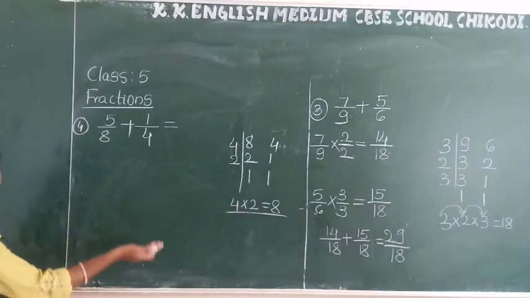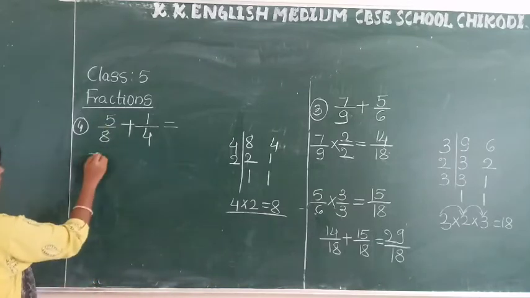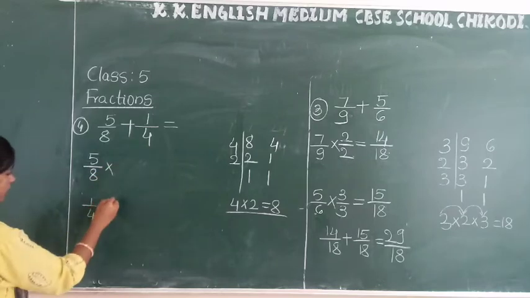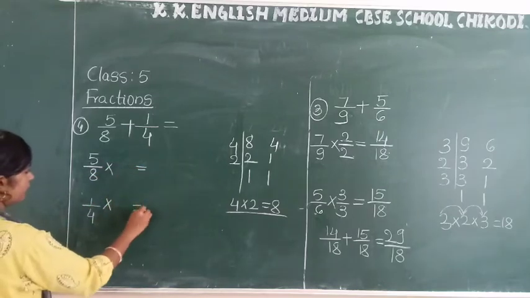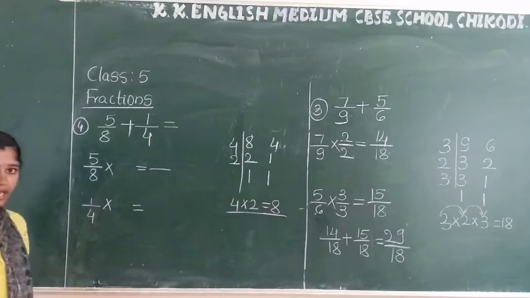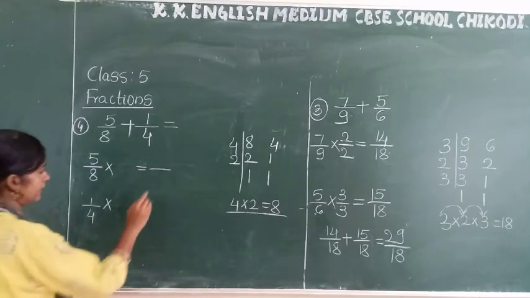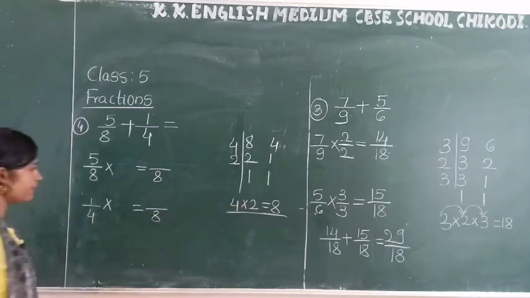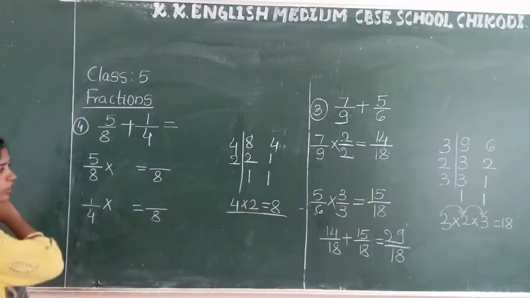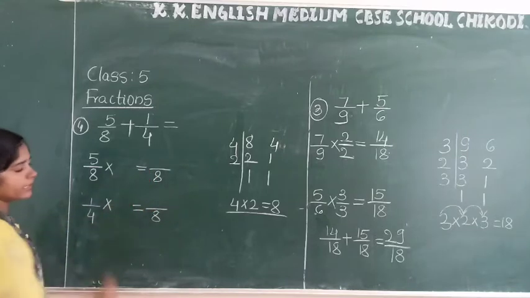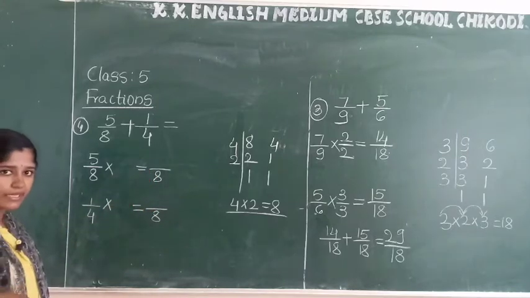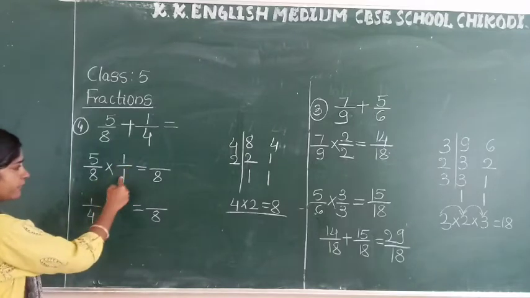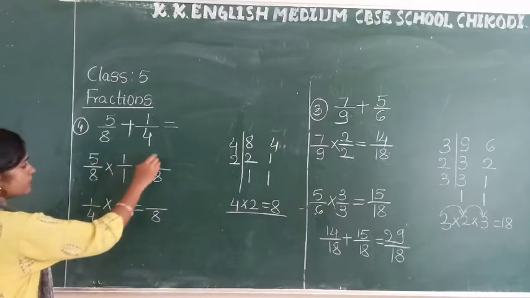Okay. Then what is the next step? You write the numbers. 5 by 8, 1 by 4, into, equal. What do I have to write here? I have to write the denominator 8. Why? Because my LCM is 8. Okay. Next, 5 by 8 is there, no? See here, I have to make the denominator 8. In 8 ones, the table of 8 is there? Yes, it is there. 8 ones are 8 and 5 ones are 5.